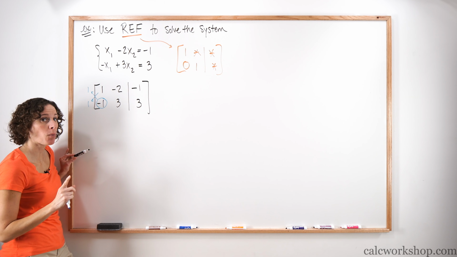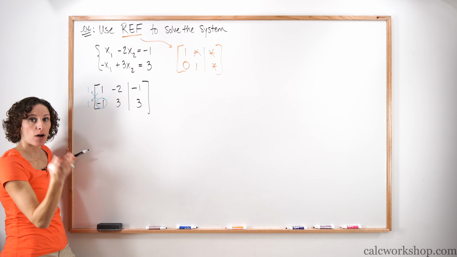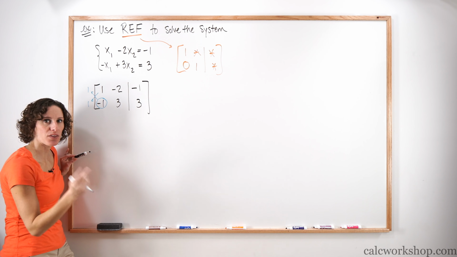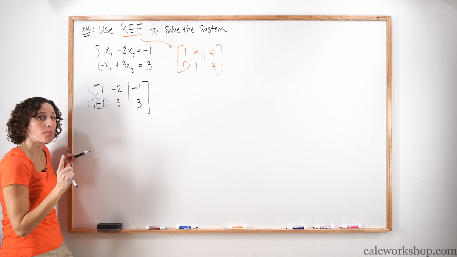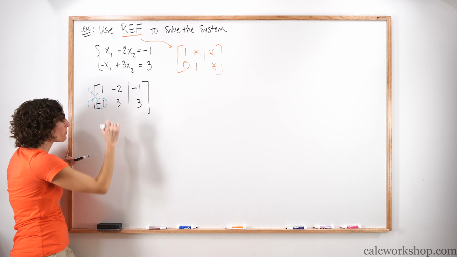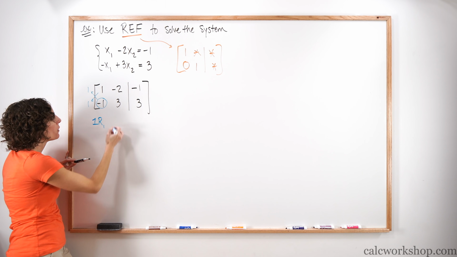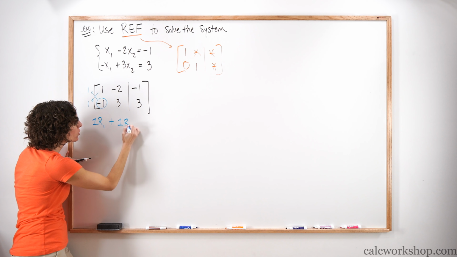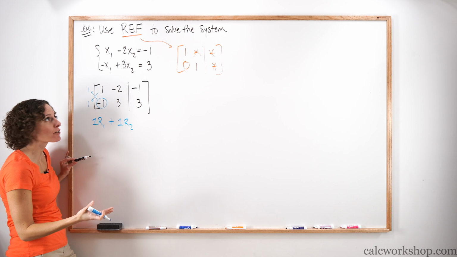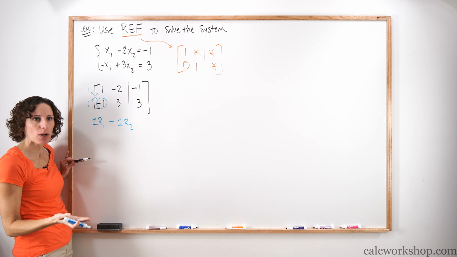So what do we want to do? We want to switch the numbers and then add them together using our addition property, our replacing property. We want to replace this with a 0. So we're going to write our command line. Our command line says I want to multiply the entire top row by 1. So we'll say 1 row 1, or just row 1, plus 1 row 2. I want to add these two things together just like I would in linear combinations. That's what I want to do.